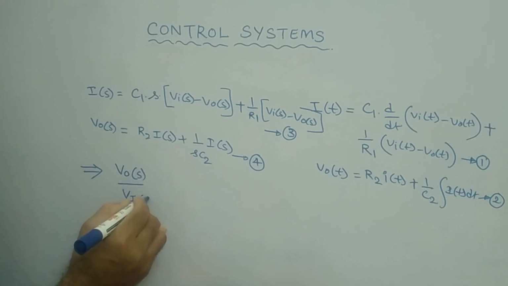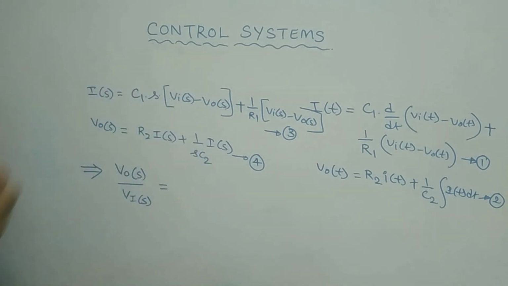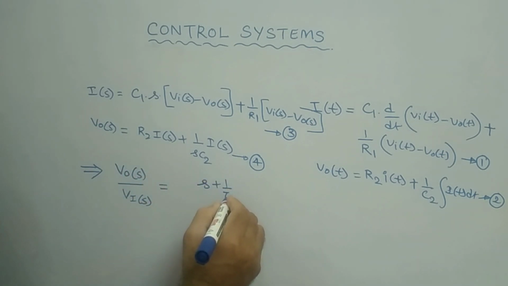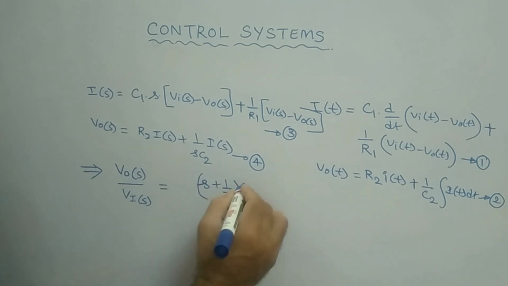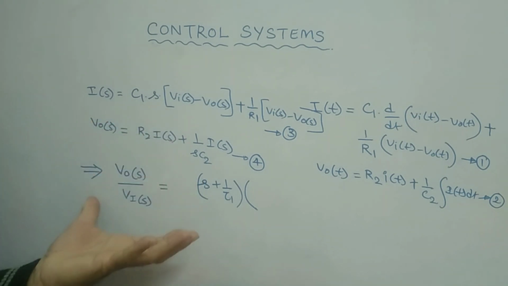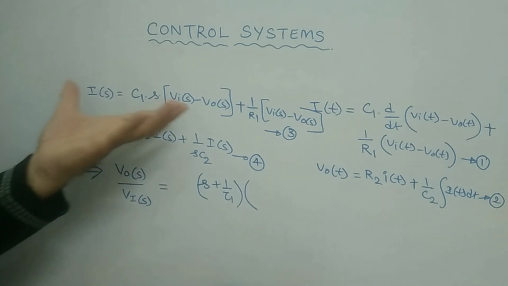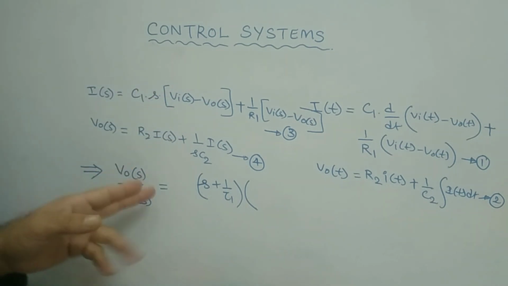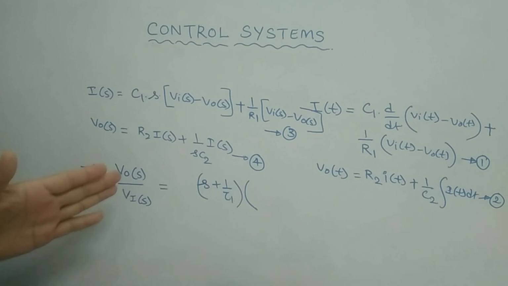If you equate these two equations and simplify, finally I will write the expression for V naught of s by Vi of s, nothing but the transfer function, which is something like this: s plus 1 by tau 1. The final expression I am writing because it is lengthy. The final derivation I will leave you for your practice. You definitely can do it, and you will certainly get this answer at the end of your